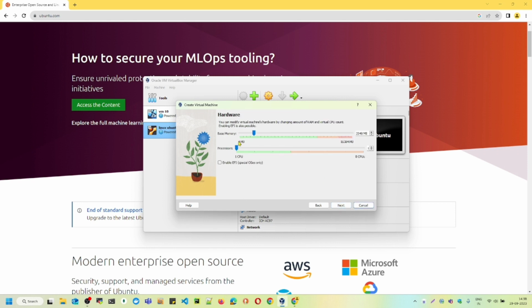Click on next again. I need to select the hardware specifications, like what kind of RAM I need to provide, how many processor cores I have to provide. So I have an 8-core CPU, so I can select the cores like this. And this green and red line is actually a kind of parameter. Through that one you can define whether this virtual machine will affect your physical system or